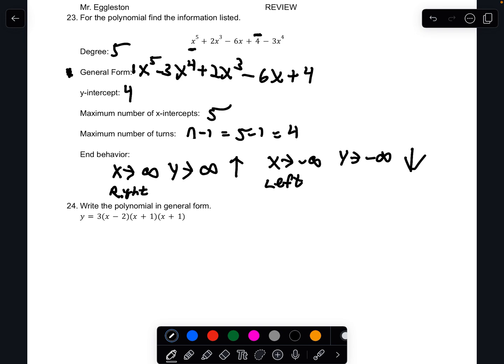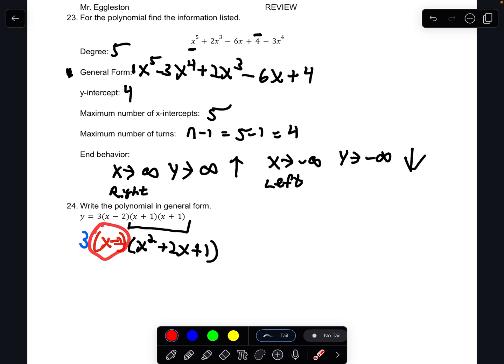Okay? Finally, write the polynomial in general form. You want to multiply those two together. Just so you start multiplying, I'll probably do x plus 1 times x plus 1 because that's fairly easy. You can multiply it, use a box, you can distribute twice. Whatever it is that gets you to it, you end up with that. Then you have 3, and then you have x minus 2. Now, you have to multiply